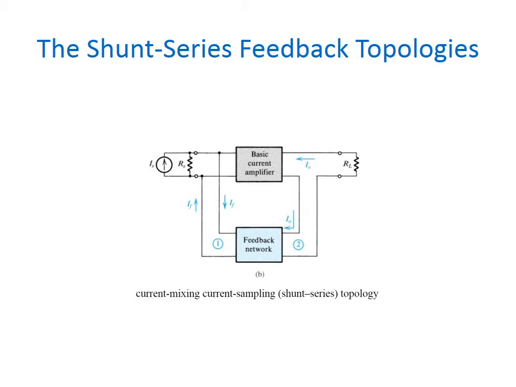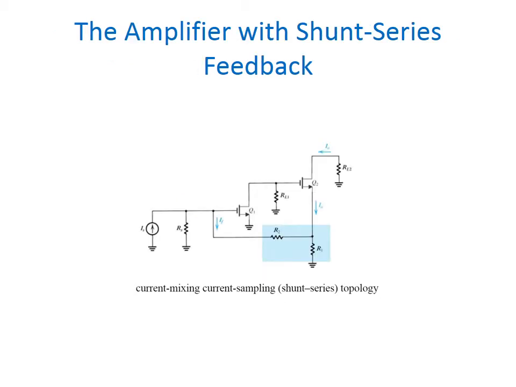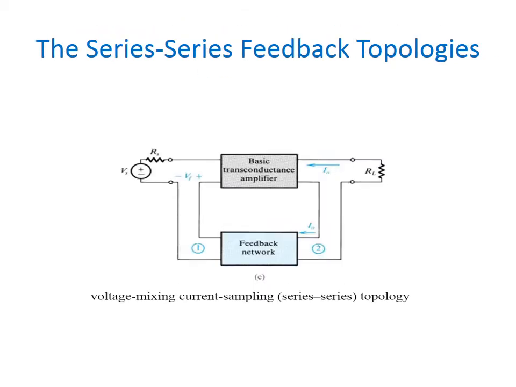So here the feedback circuit is aligned in shunt through the output as well as the input, then both the output impedance and the input impedance will be decreased. This is the amplifier using shunt series feedback. Next type is the series feedback topology, otherwise we can call it the current series feedback topology.